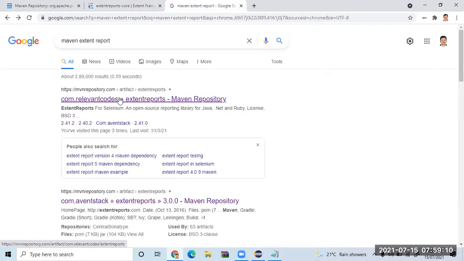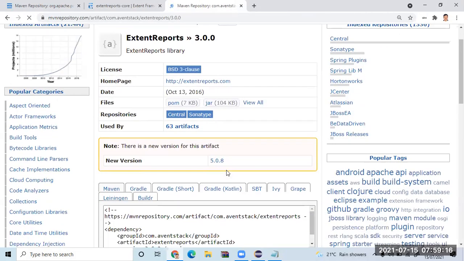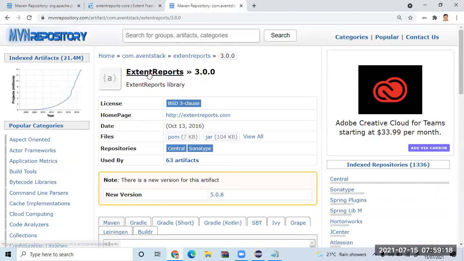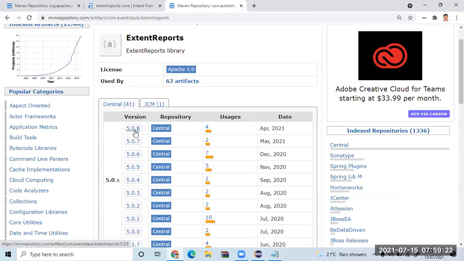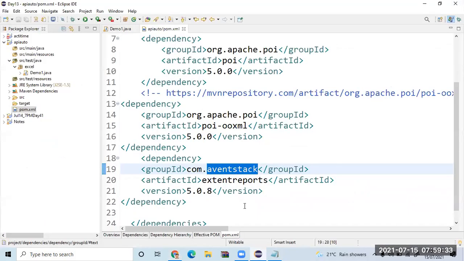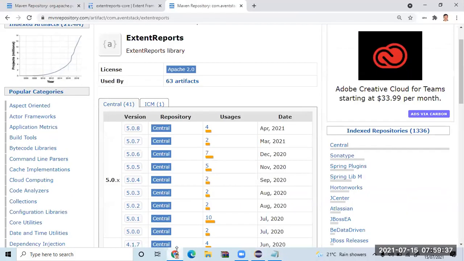Let me just come back. So here, I hope you can see one more. Can you see this extentreports? Okay, just go here. There you can see, right? Whatever versions are available, you can see for extent report. Here it is 5.0.1. That is the version I've taken. Okay, remember, extent report is under two different names because of a company change. Somebody took over and they modified it. So I will be taking this one. Okay, so let us save it. And in this, there are two versions when it comes to extent report.